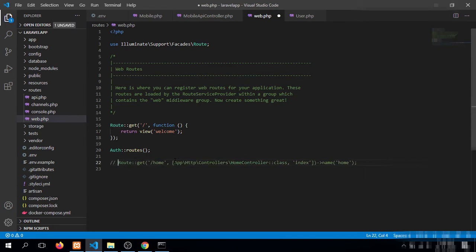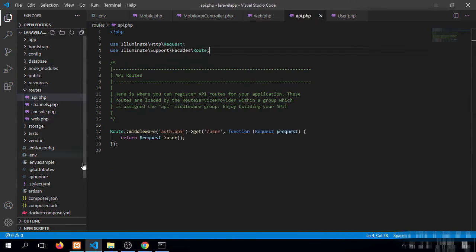Now I will show you how we will create an API for Laravel.